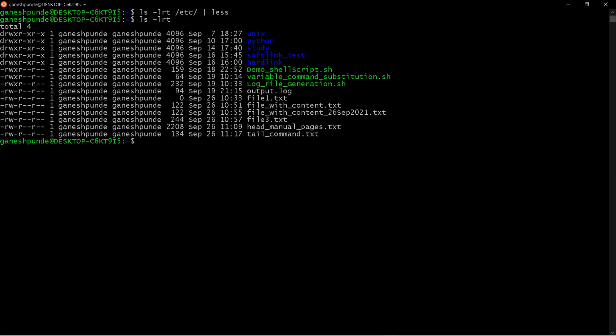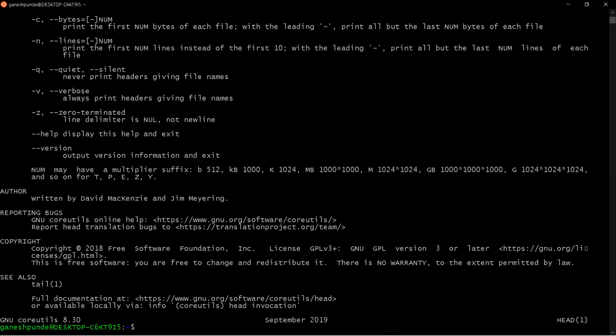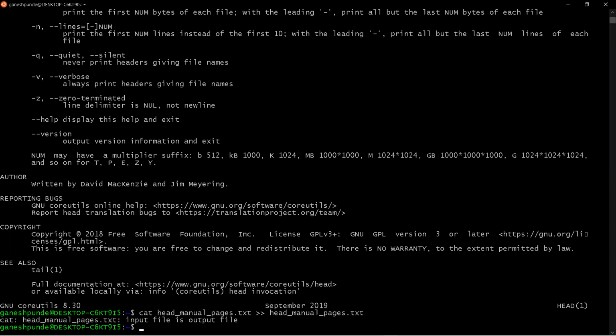So if I want to use the more and less commands with files, let me see the content of the file. Let me append the same content, right?